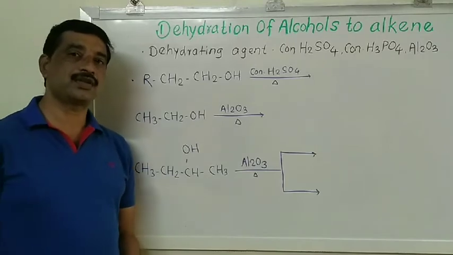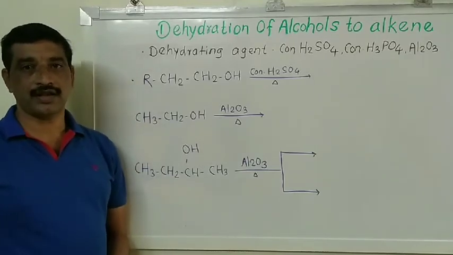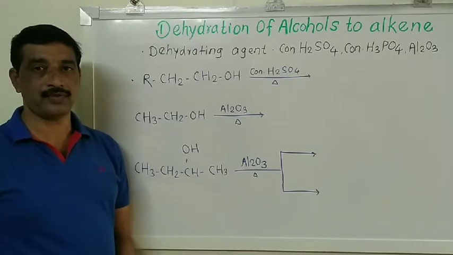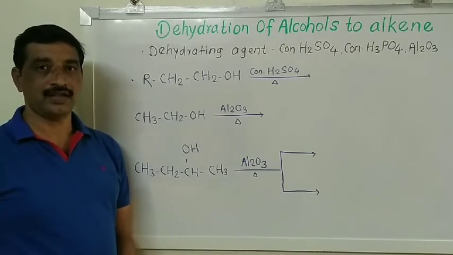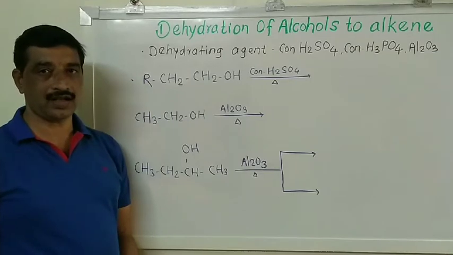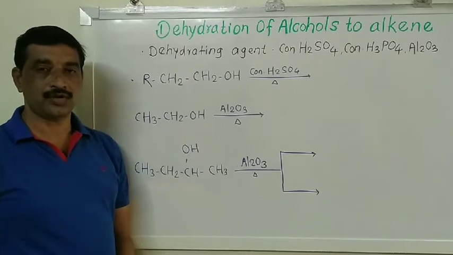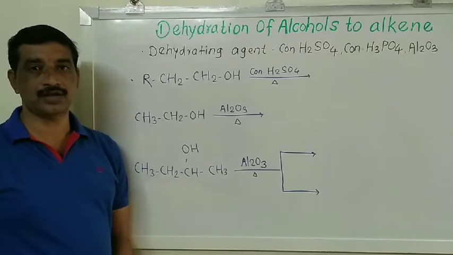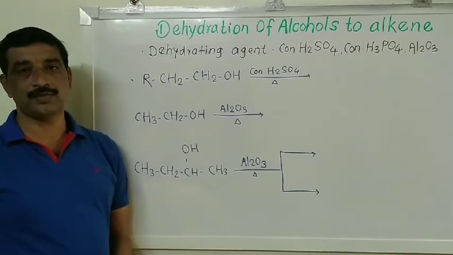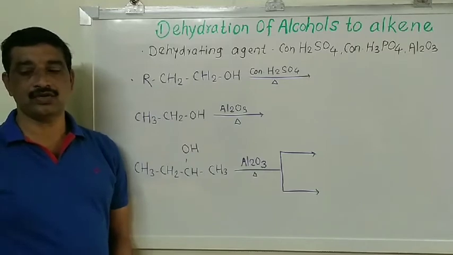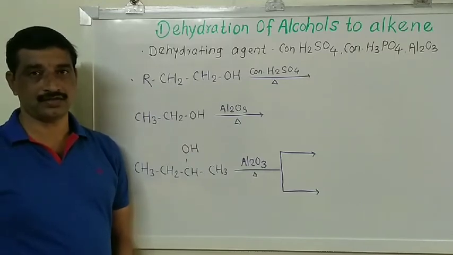In the second test we discussed, when alcohols are reacted with phosphorus halides such as phosphorus trihalide and phosphorus pentahalide, they give the corresponding alkyl halides. So these two reactions are nucleophilic substitution reactions of alcohols, because in these two reactions the OH group, that is the functional group of alcohol, is replaced by the halogen atom. Hence these reactions are nucleophilic substitution reactions.